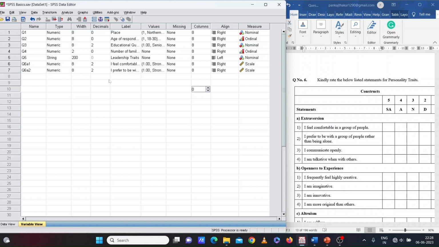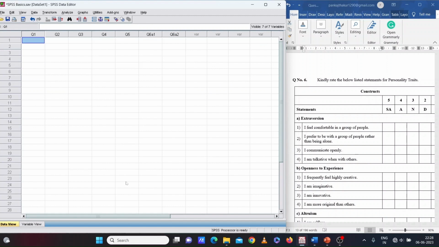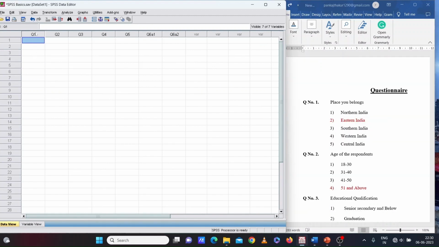Now we will move to the data entry side. For data entry, we will go to the data view. All the defined variables Q1, Q2, Q3, Q4, Q5, Q6A1, Q6A2 come here.